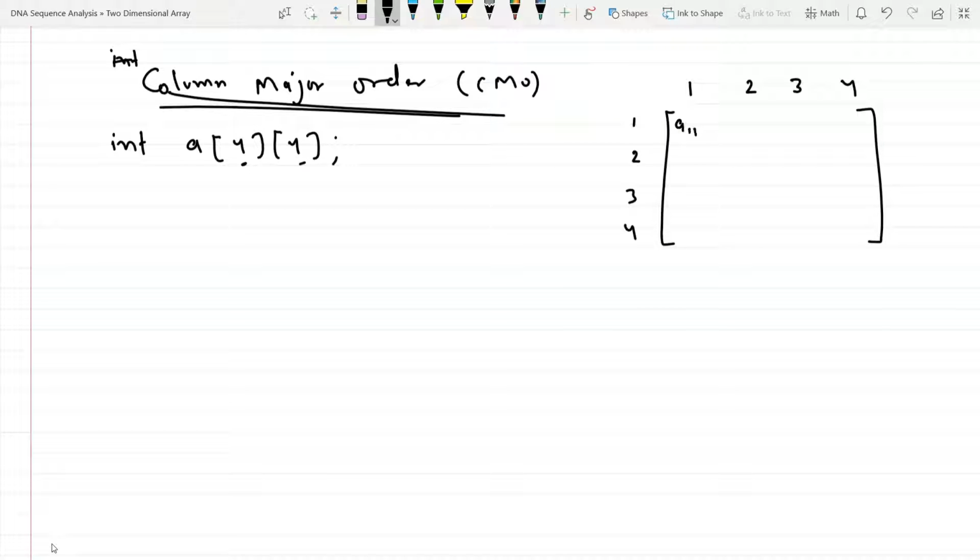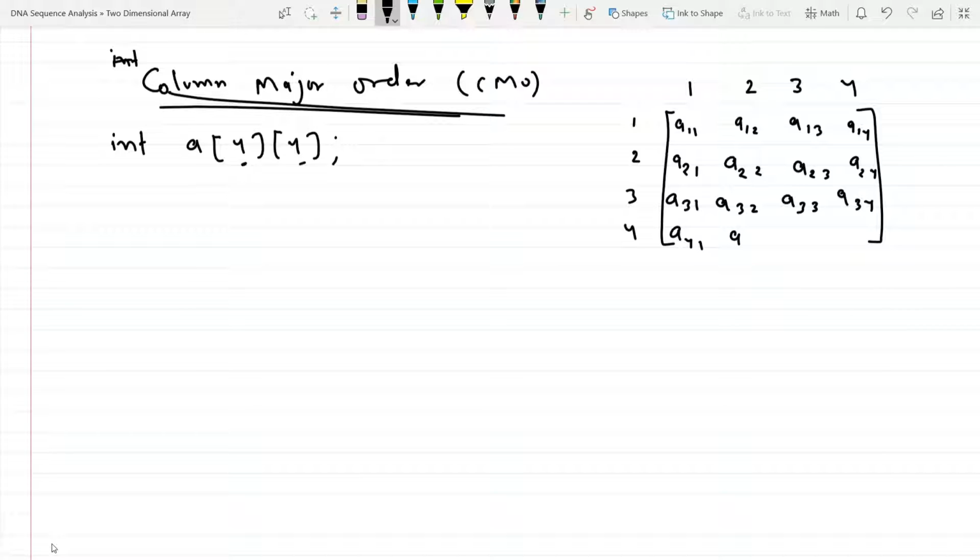So this is like a11, a12, a13 and a14, a21, a22, a23 and a24. Similarly a31, a32, a33 and a34.